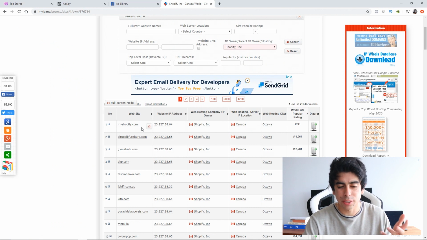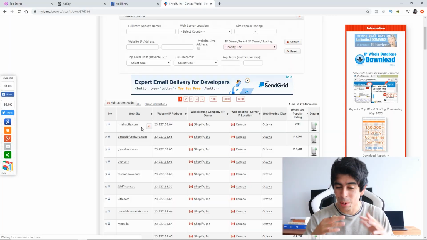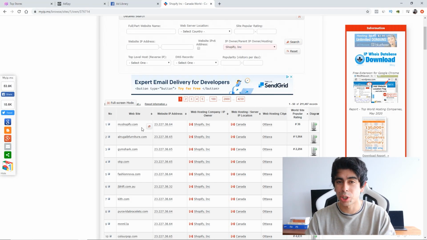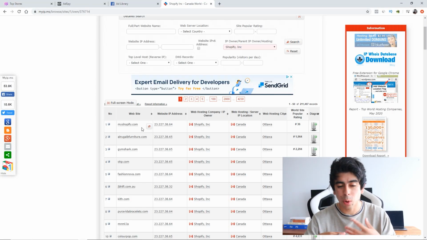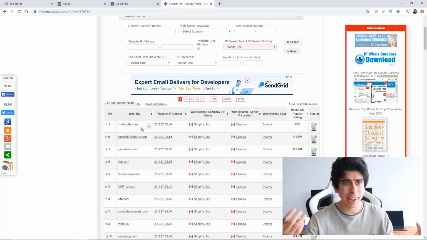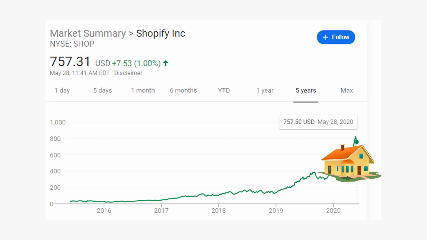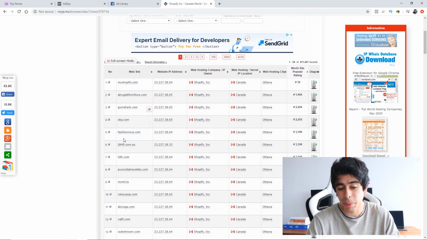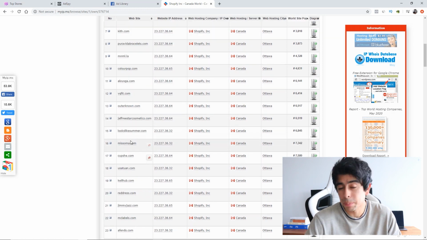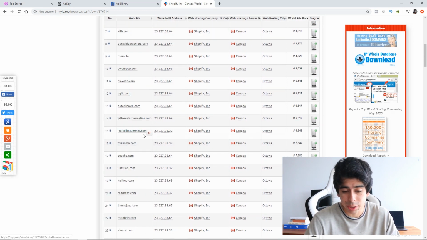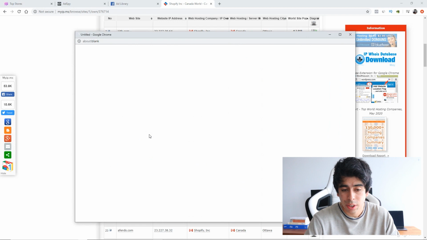Shopify hosted stores. So basically every store that you see on the internet, honestly, most stores nowadays do use Shopify, and I'm willing to bet that more and more businesses will start using Shopify as their e-commerce platform as Shopify continues to grow, especially in their stock. I mean, damn, that stock is literally through the roof. Now, I will say doing this manually obviously does take a lot of time, but it's still very effective. I mean, for example, we can take a look at this website here,